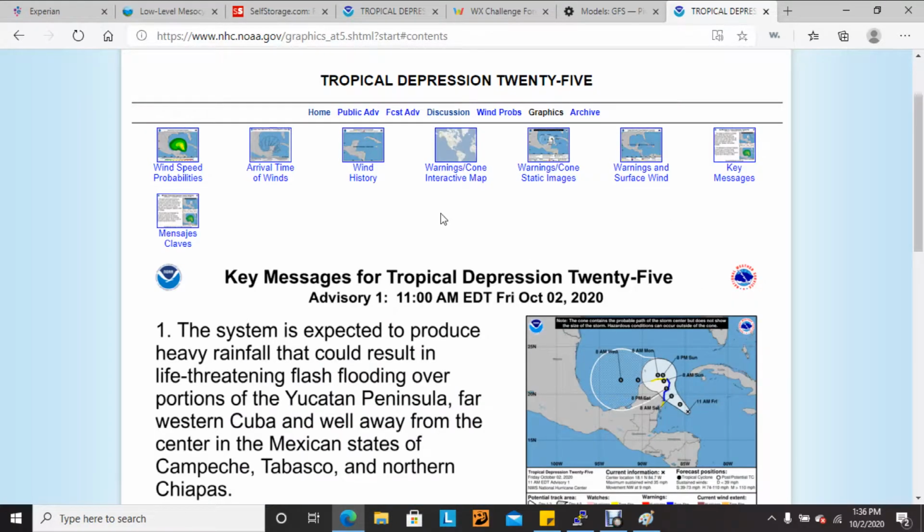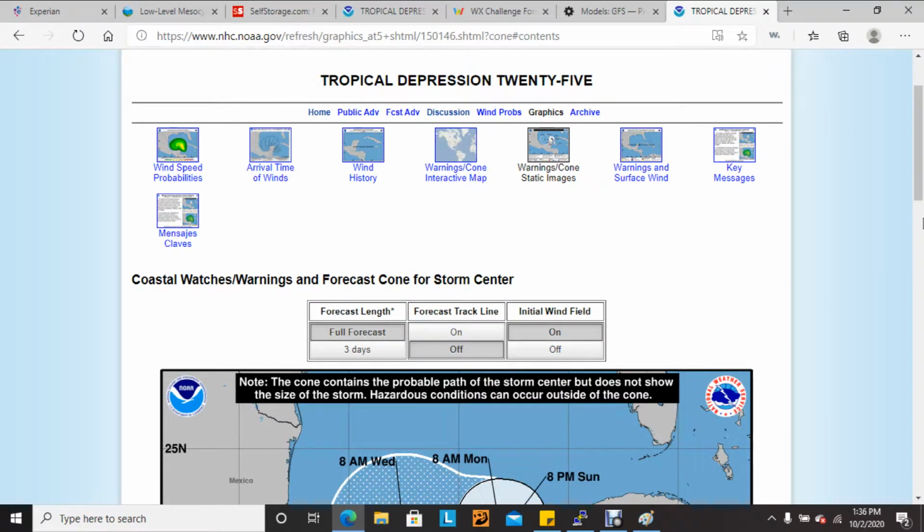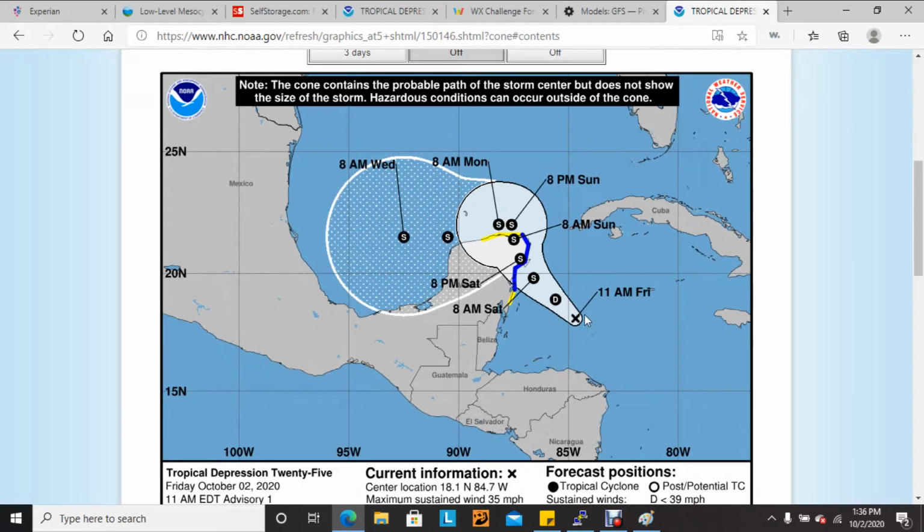Looking at the forecast cone here, we'll blow that up for you. We can see that there's plenty of uncertainty with where this system is going to go. Spaghetti plots are literally everywhere with this storm system right now. So pretty much anywhere from the coast of Florida to the southern Gulf Coast of Mexico is in play right now, but currently in the cone, what we do know of certainty is that up here right around the northern